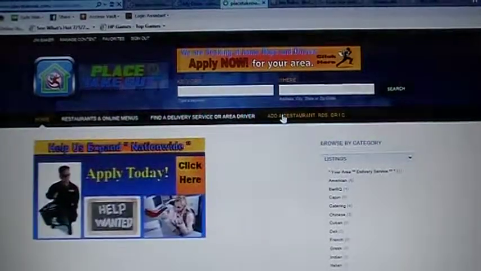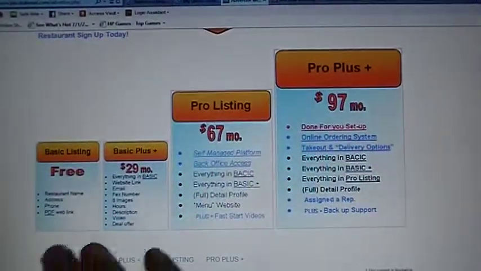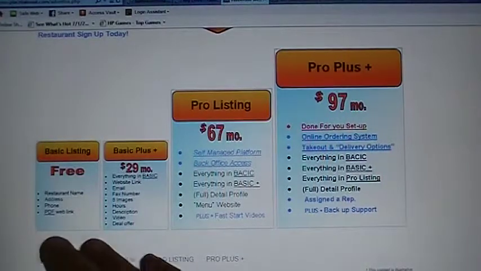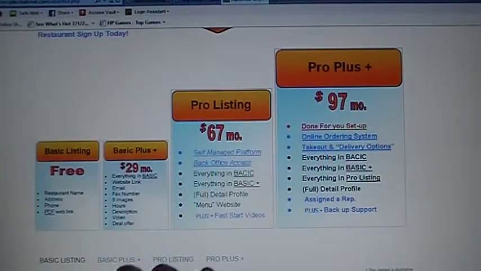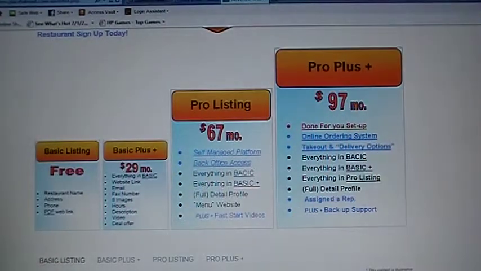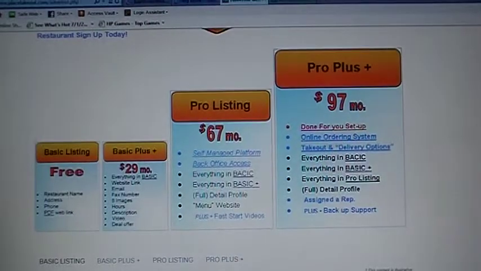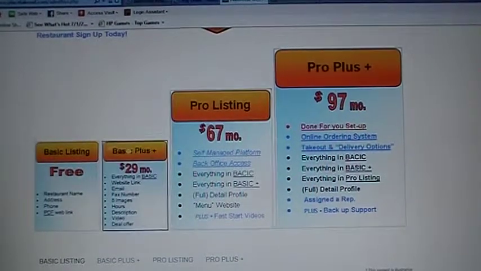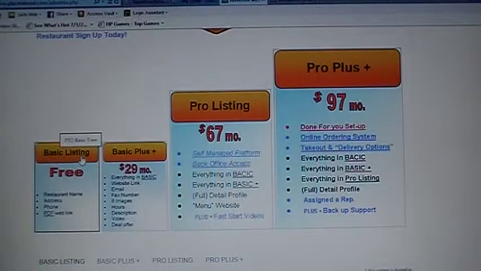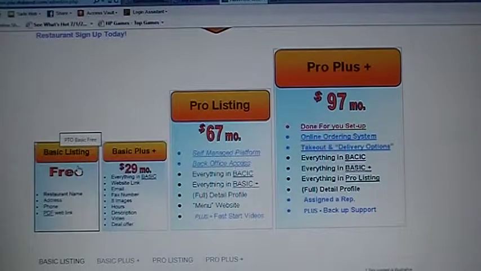And when you do that, you will go to Add a Restaurant. You'll scroll down. And what you're finding is there's 4 ways a restaurant can represent themselves. First one is a basic listing, basic plus, pro listing, and pro plus, which you want them to upgrade to later on. But let's put a listing in there at least so that you have a listing for yourself. By clicking on basic listing